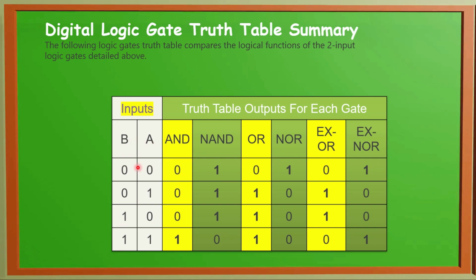A and B are the inputs 0 0, 0 1, 1 0 and 1 1. For AND gate we will get 1 only if both are 1. In NAND gate it is opposite to AND. So wherever we have 0 as output in AND, in NAND gate we will get 1 because it is not AND, which is opposite to AND. OR gate will have ones if there is any 1 at the input. So we get 0, 1, 1, 1. NOR gate is opposite to OR gate. So whenever there is 0, there will be output as 1. XOR gate, the middle twos are 1s. XNOR gate, the middle twos are zeros.